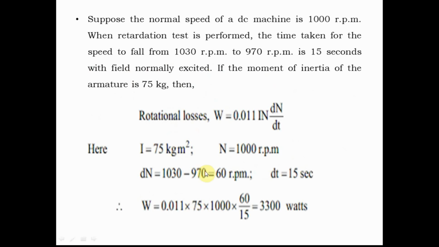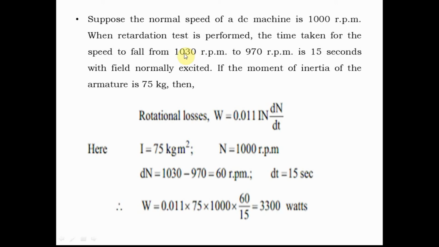Before that, here is a small example of how we calculate the rotational losses when we know the change in speed. Suppose the normal speed of the DC machine is 1000 rpm. When the retardation test is performed, the time taken for the speed to fall from 1030 rpm to 970 rpm is 15 seconds with the field normally excited. If the moment of inertia of the armature is 75 kg, then for the rotational losses we have this expression. When you substitute the value of I and n, also the change in speed,